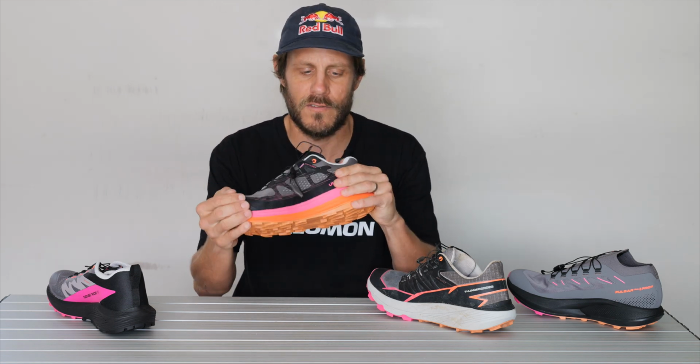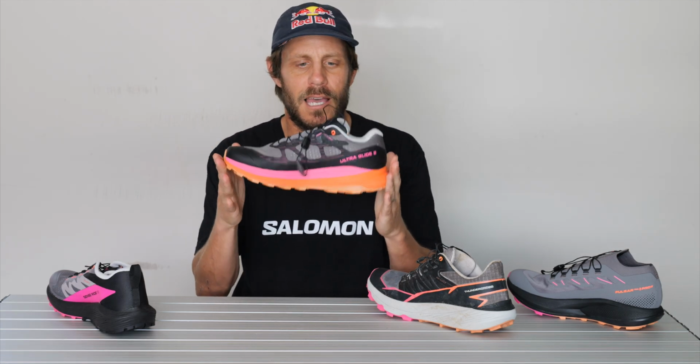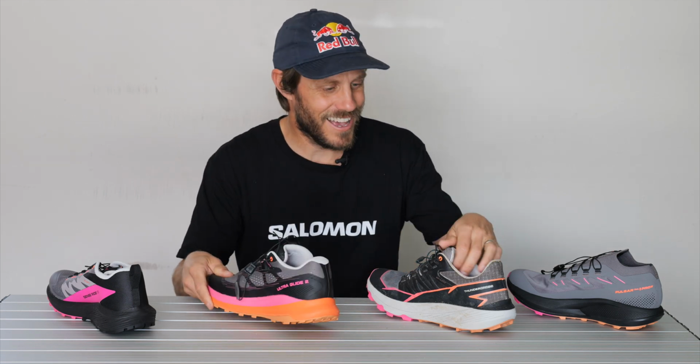And that's something I've really liked with the change in the range over the past couple of years, with this R camber coming into the shoe. So definitely one of my favorites. However, the